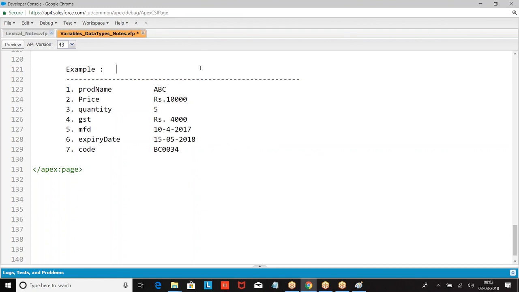Now, data type we have string, decimal, decimal.